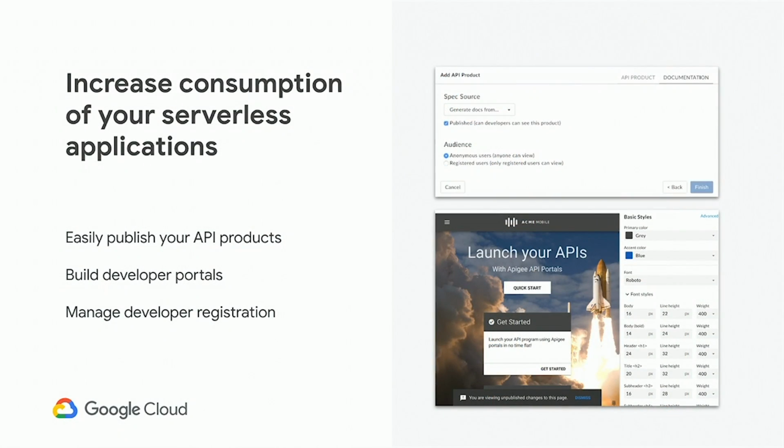So I'll just walk you through a couple of slides here real quick. This is an example of the developer portal, which is a key part of the API management platform. Using the constructs available here, some of the API endpoints that Kelsey was demonstrating, we can very quickly and automatically generate API documentation,